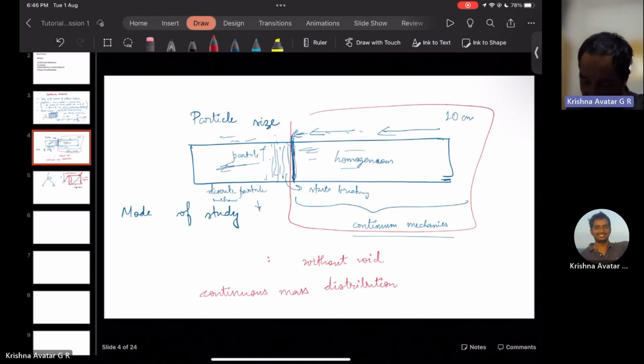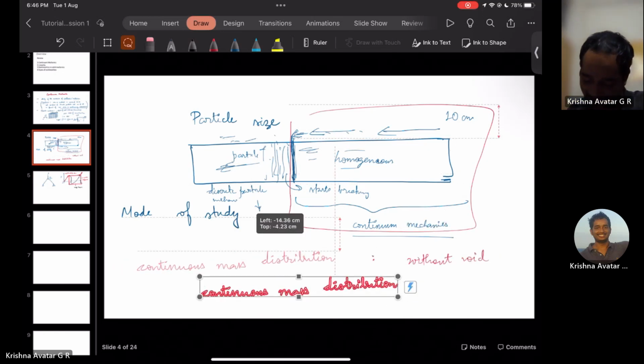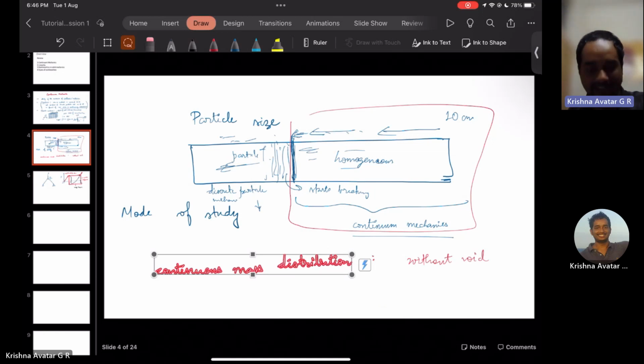Okay, which means that we are not considering any void. Now you might ask, but what's the advantage of having a mass without any voids? The reason is that it helps us greatly. We are able to subject the object of our study